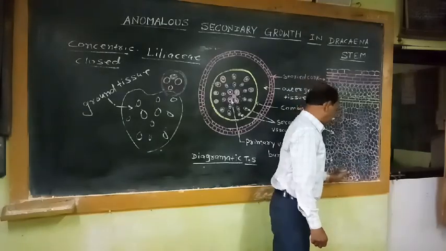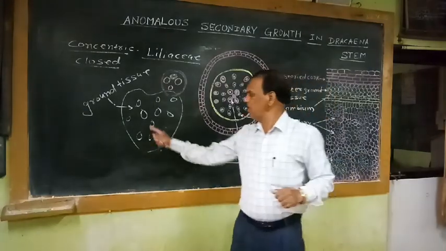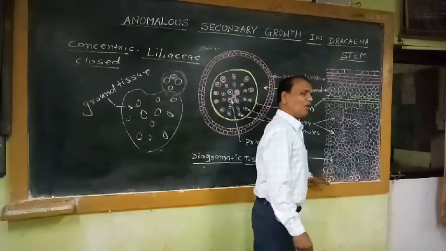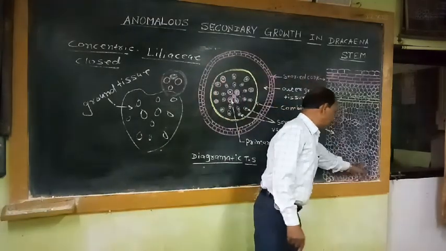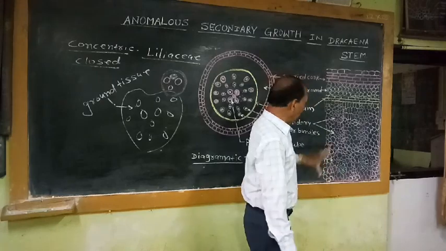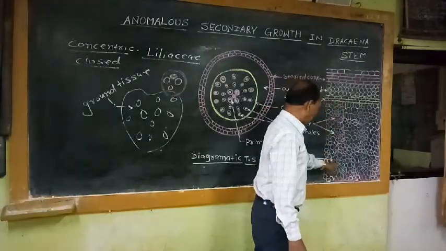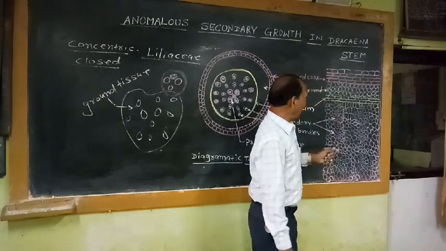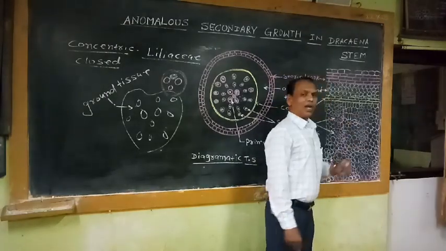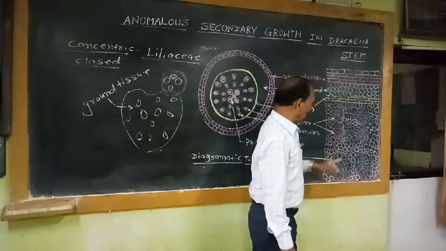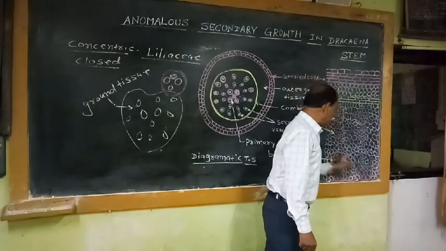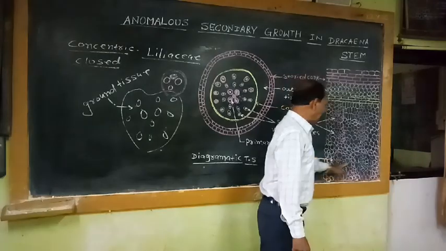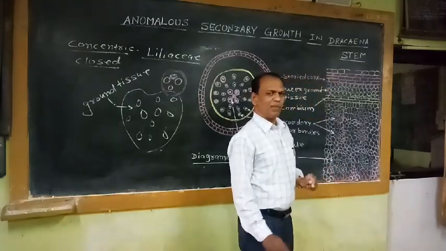While these primary vascular bundles are arranged in scattered form, this is the primary ground tissue in which they are scattered. If we compare these secondary vascular bundles with primary vascular bundles, the secondary vascular bundles are smaller in size and more or less arranged radially, while the primary vascular bundles are larger in size and scattered in the primary ground tissue.